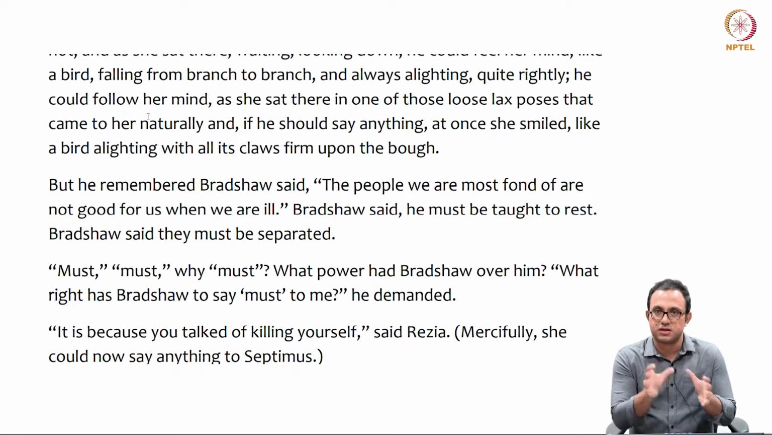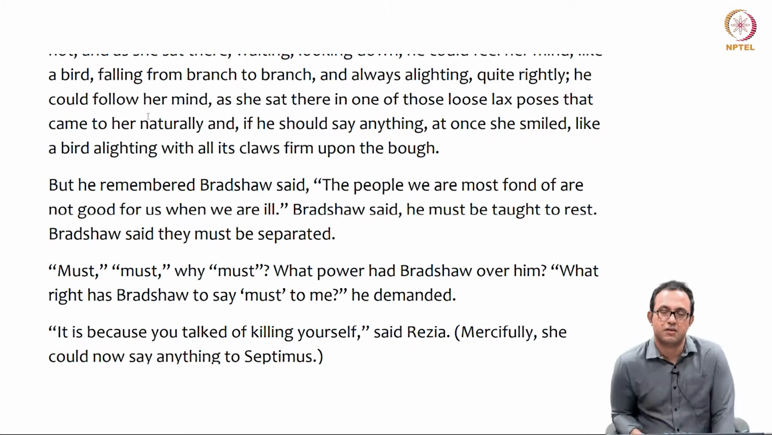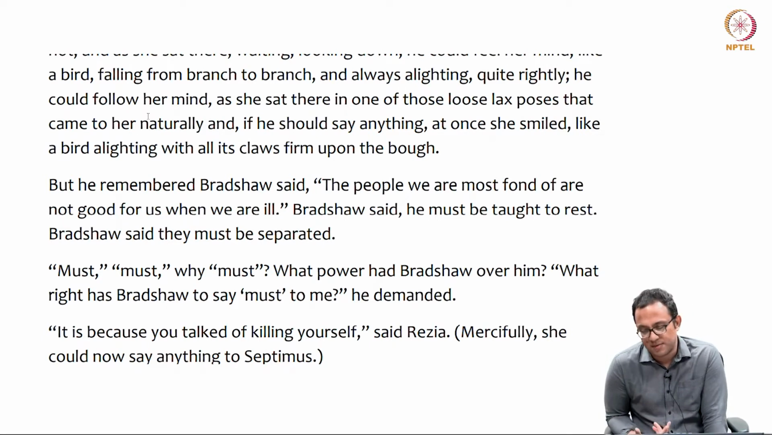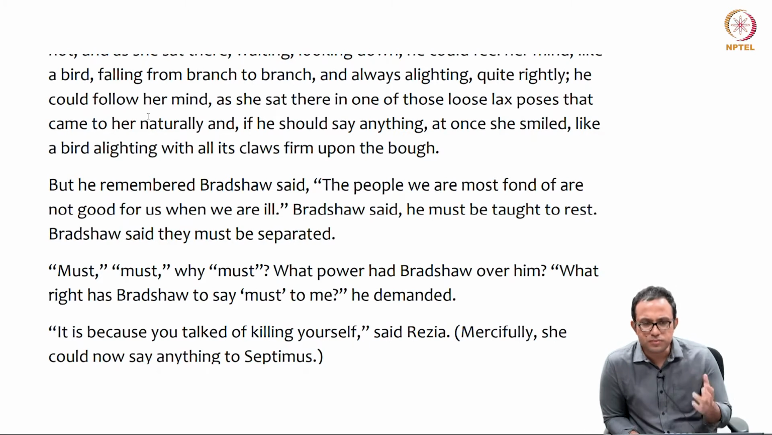So must, taught. These words obviously are the vocabulary of a coercive kind, right? And Septimus is thinking about that. Must. Why must? What power had Bradshaw over him? What right has Bradshaw to say must to me? He demanded. So this is a classic biopolitics at play, where the political and the biological, the medical, sort